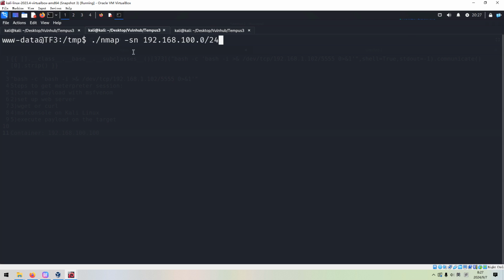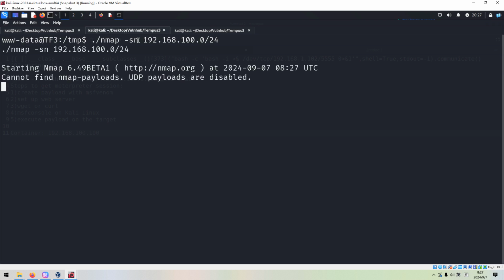Okay, we can use the option of SN to discover the alive hosts or alive machines. We can press enter.